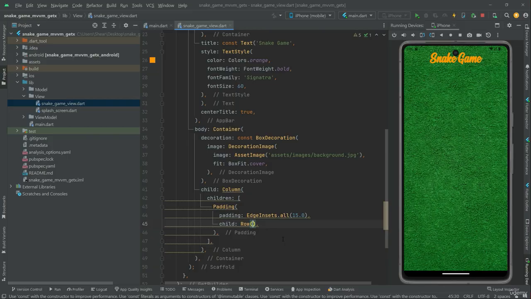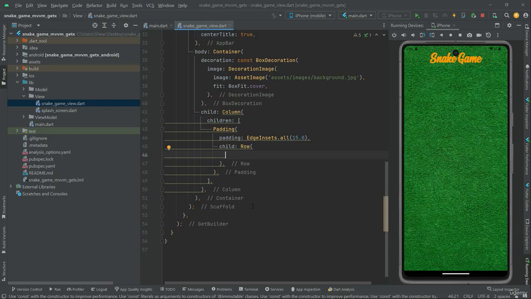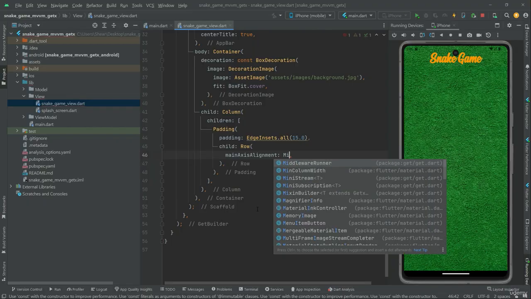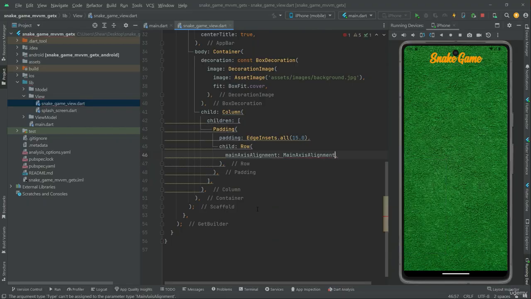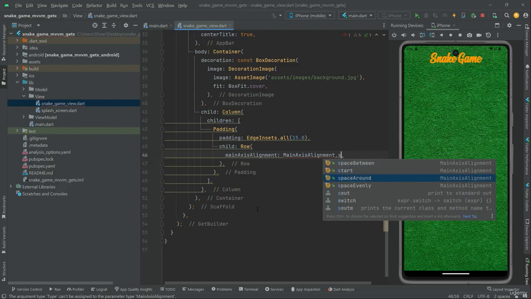So now right in the row widget first I'll just set the property main axis alignment over here. Then we say main axis alignment. Let me just make the spelling right. There we go. And we will just say space around. Okay,